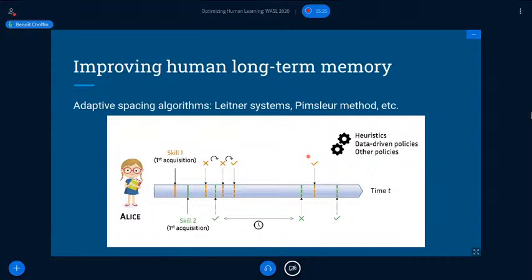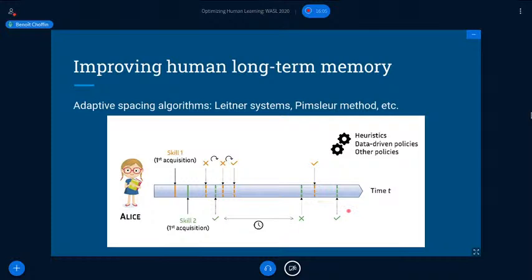The idea of adaptive spacing algorithms is to do better than that and build upon these works by adapting the spacing between two reviews of the same piece of knowledge based on the learner's needs. And usually we infer this type of learner's needs from the performance history of the user. That way, we can provide students with adaptive and personalized spacing schedules. Several experiments have shown that compared to fixed reviewing schedules, such adaptive and personalized spacing schedulers yield increased memory retention over time.